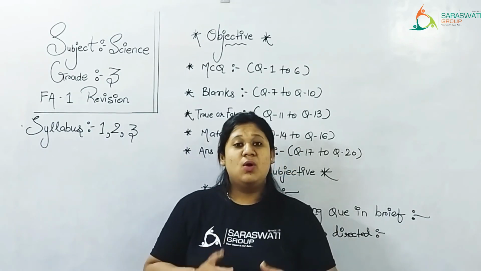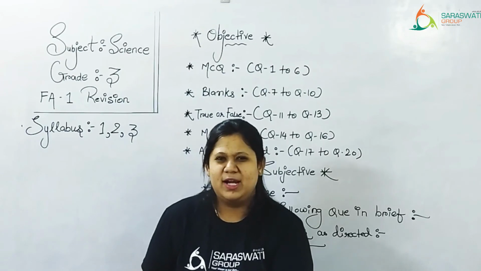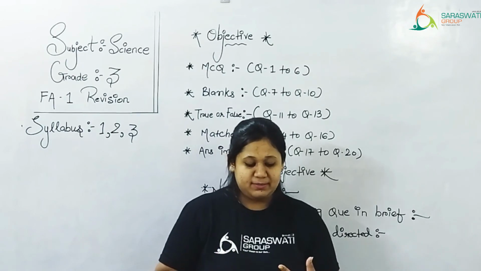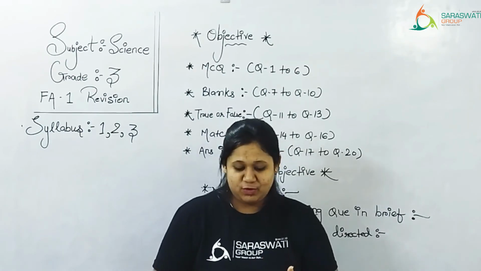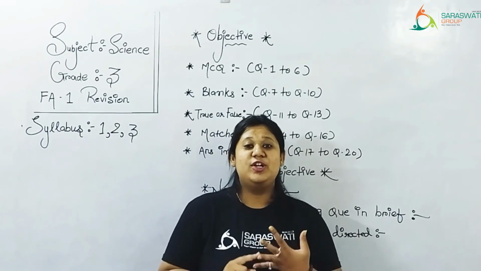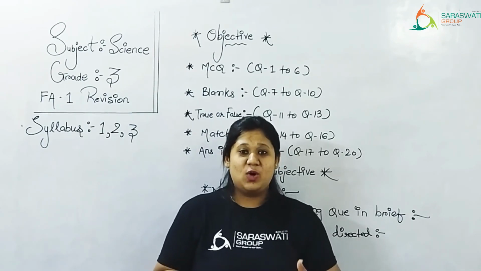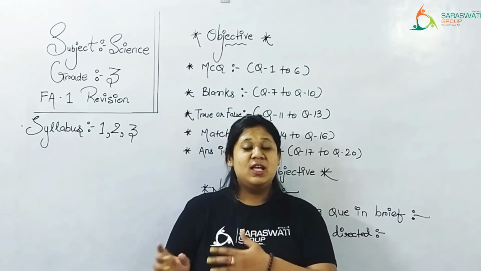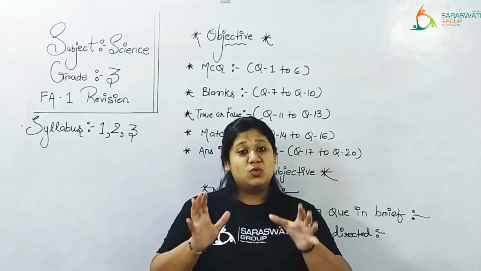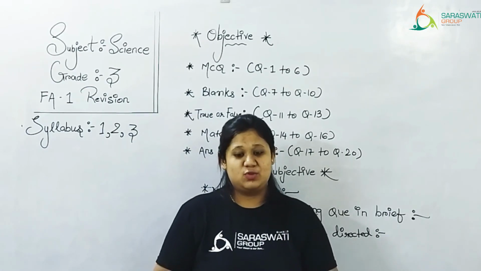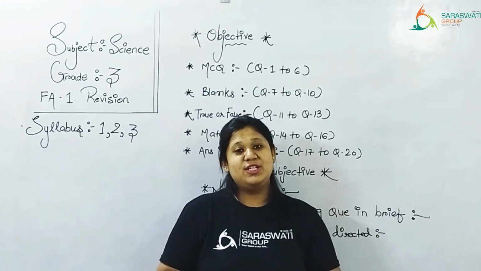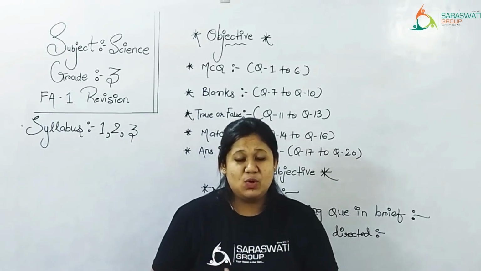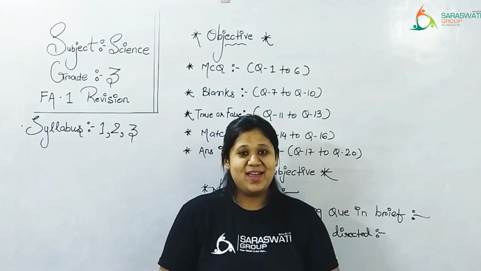Now objective. Multiple choice questions, that is too easy for you. Then filling the blanks, that is also easy for you. Then true or false, that is also easy for you. All of that is already given in your textbook, right? Please read all of it and keep it in your mind. Then matches, that is also given in your CW. Even the chapter and worksheet are given by me, right? From that also you need to learn the things, okay? Then answer the following question in one word. So it is so easy. Prepare it well and best of luck for your FA1 exams, okay kids?